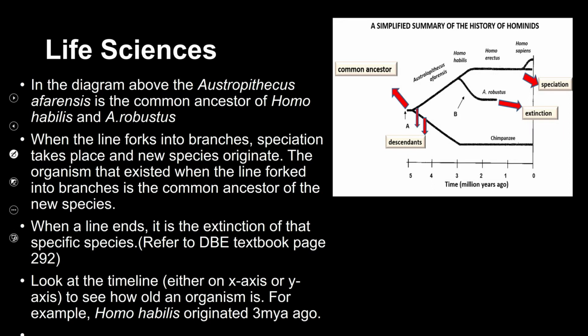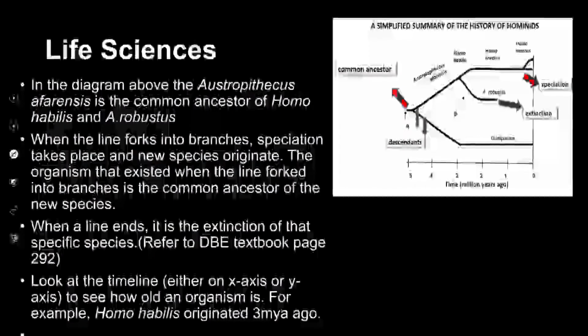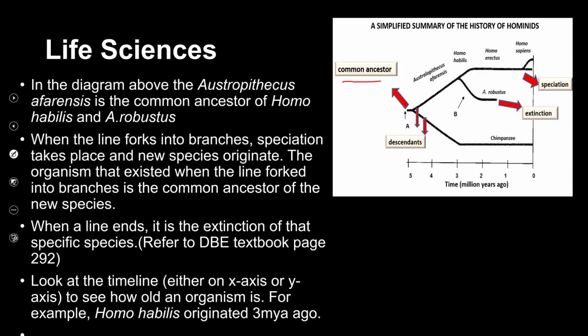Right, now let's have a look at this diagram. This is an example, and it's a simplified summary of the history of hominids. It's a very nice diagram because we can see there's a common ancestor, and we see there are descendants. This is our timeline. It starts off at 5 million years ago and moves forward to the present,